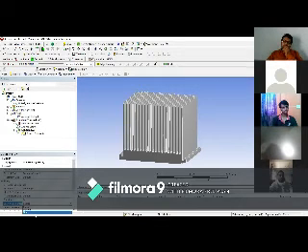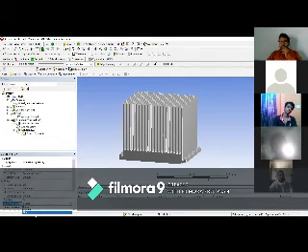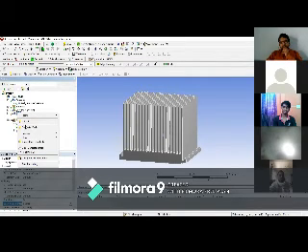When you perform your analysis on fine meshing, your results are very accurate compared to coarse mesh. But we will take coarse meshing for fast analysis.